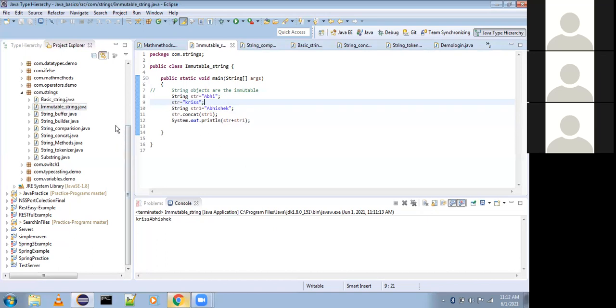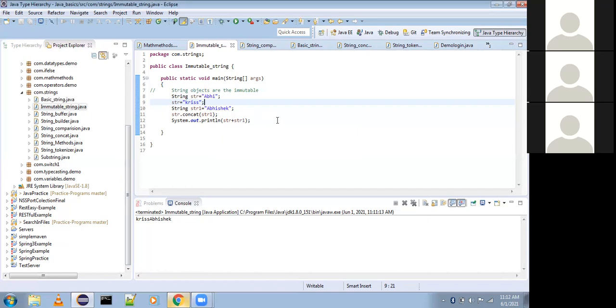Go ahead. Sir, now STR is Chris, right? But we know that strings are immutable. If Abhi is a location, you're just using STR to access it, right? So Chris will be like another location. No, same location, it overrides that particular value.